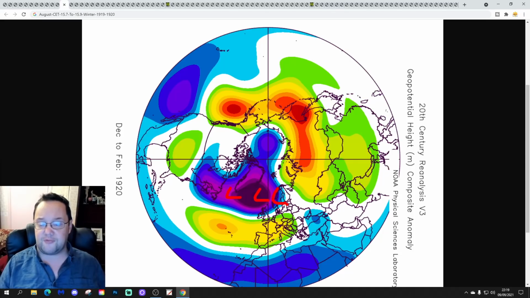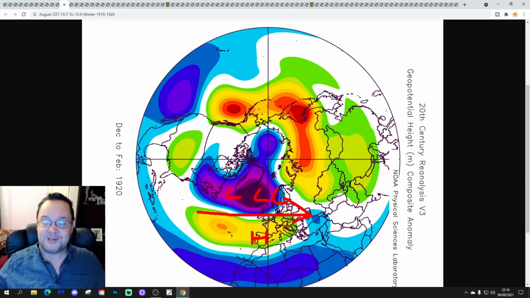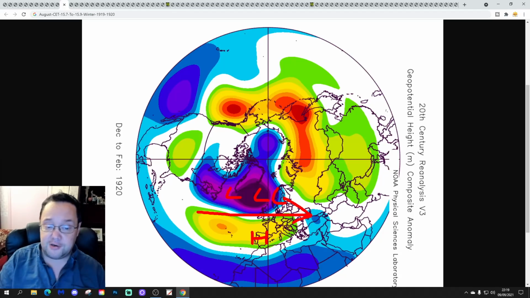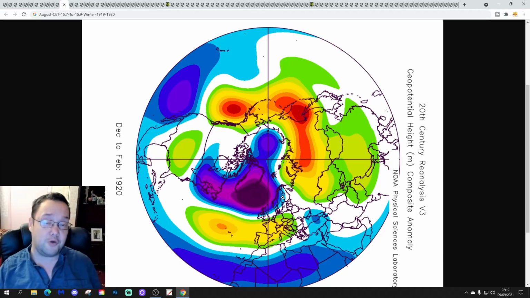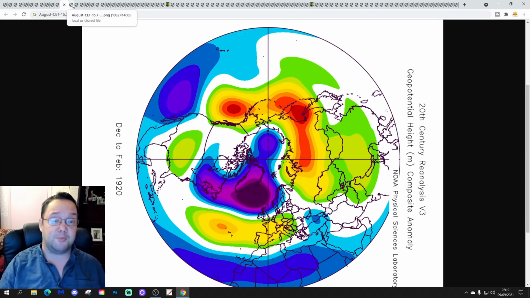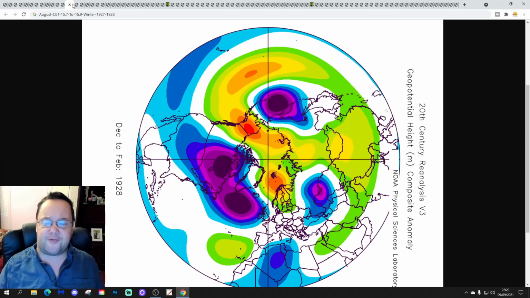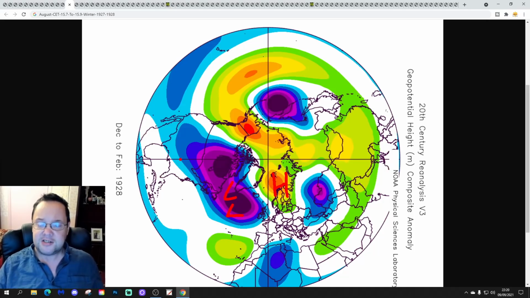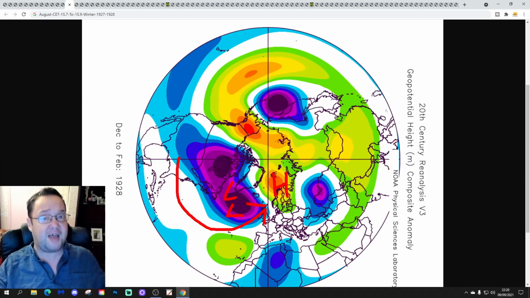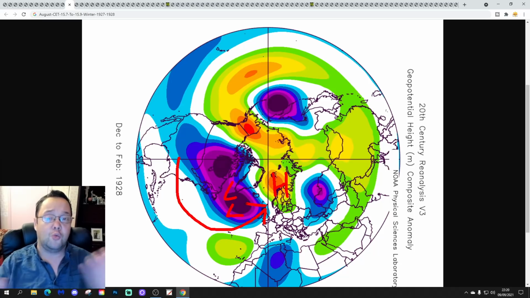Mild, wet and windy with low pressure to the north and high pressure to the south, and in come those west winds. It's a cold autumn in 1919, but the winter itself of 1919, 1920 is mild and zonal. And then we've got winter of 1927, 1928. This is a little bit of a teaser, with below average heights out to our west and above average heights over Scandinavia. So overall, it is an Atlantic-driven winter and a reasonably mild winter too, but it does have a cold December and a classic white Christmas.